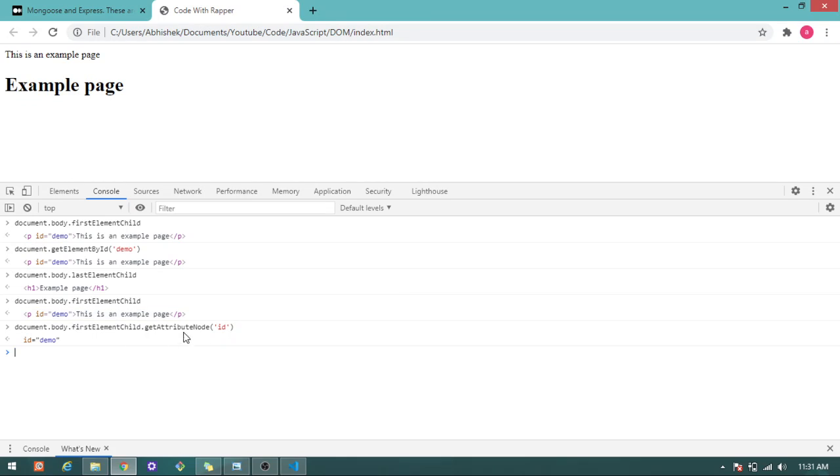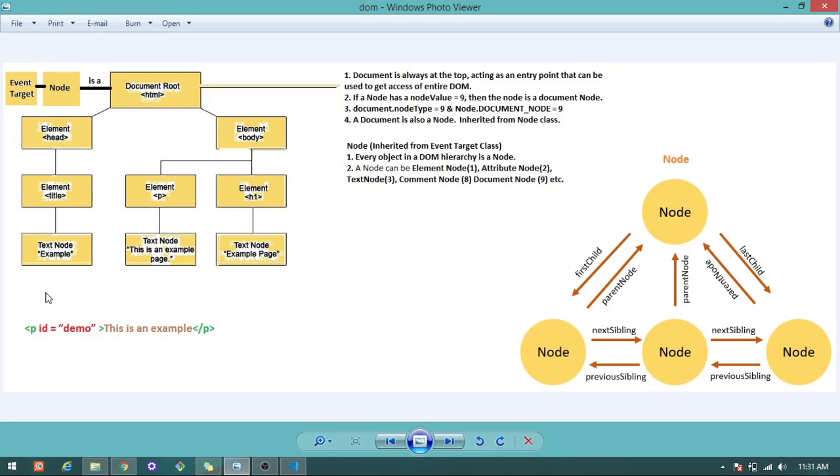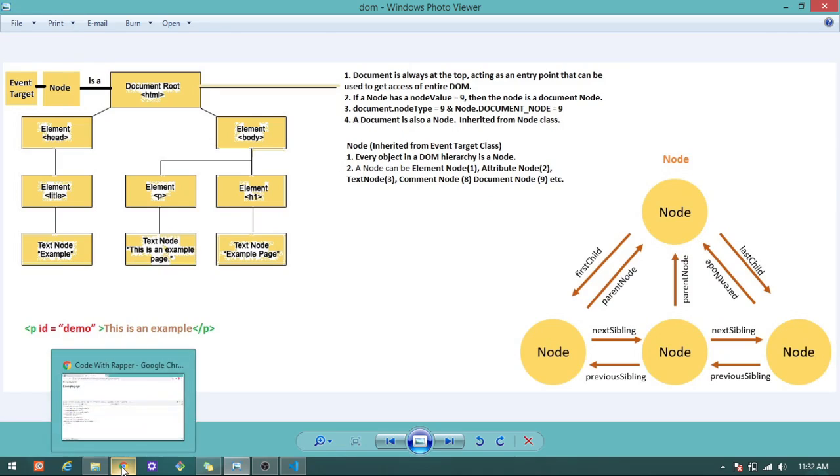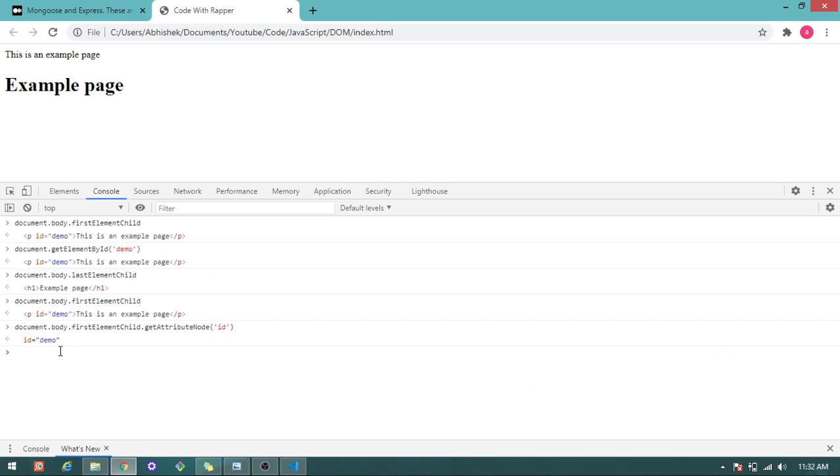So when JavaScript parses this id, JavaScript is able to access this attribute, what you see here. So JavaScript is able to access this paragraph element, the whole element, the attribute node, and the text node. Let's see how JavaScript accesses this text node.